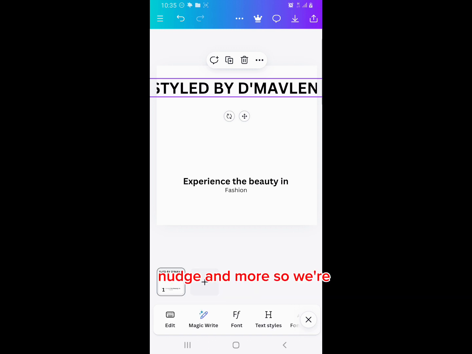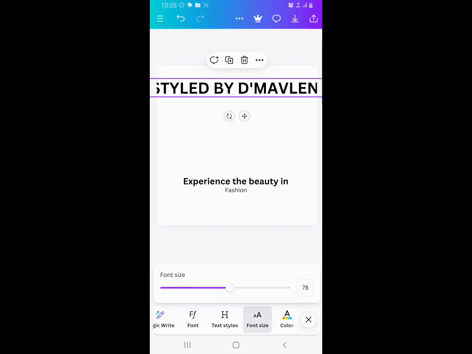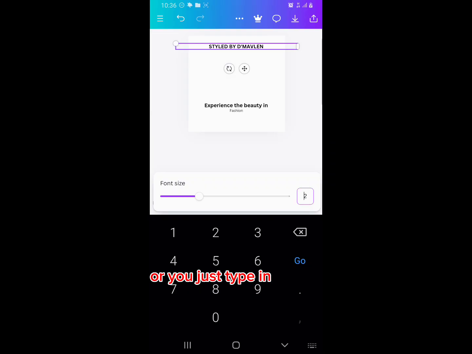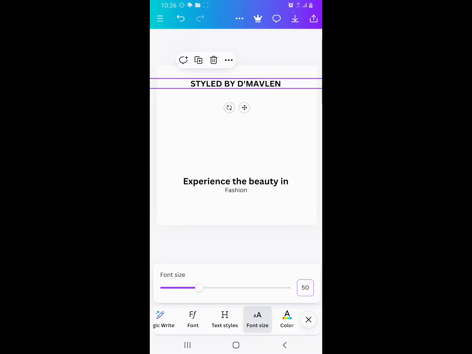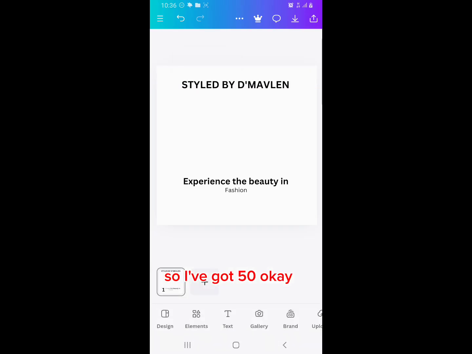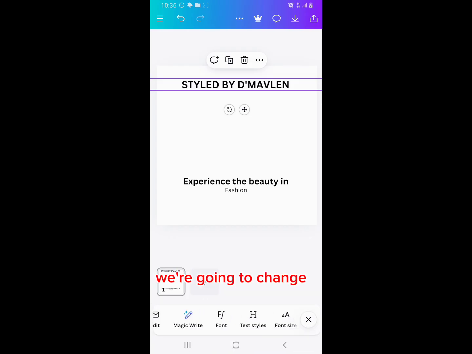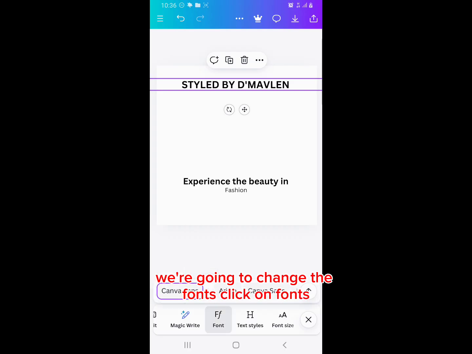So we're going to go to font size. You can either reduce it this way, or you just type in whatever you want. I want 50, so I've got 50. Okay, and let's click on experience. Okay, we're not done with Styled by the Marveling. We're going to change the font. Click on font,